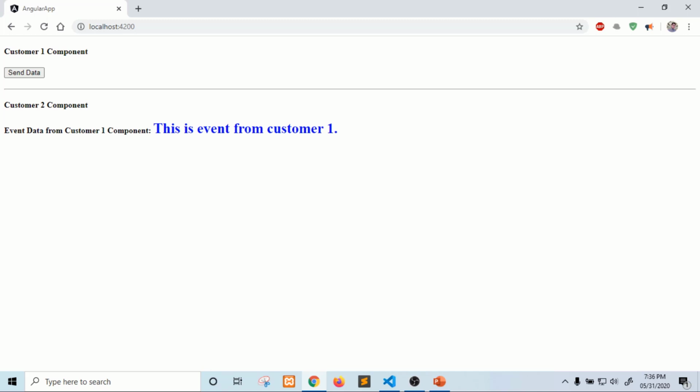So we have passed data, a string, from the customer 1 component to the customer 2 component. These are sibling components. This is the way we can pass data from one component to another, which might be siblings or parent-child, by using this BehaviorSubject observable. We can create a service and register that on method in multiple components as well.